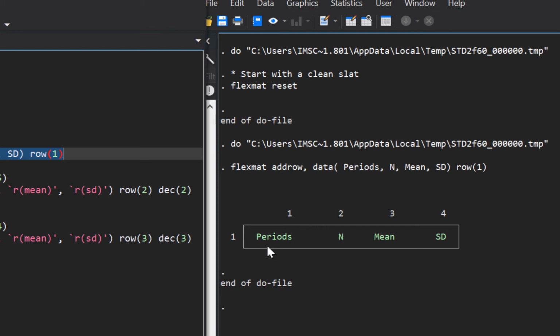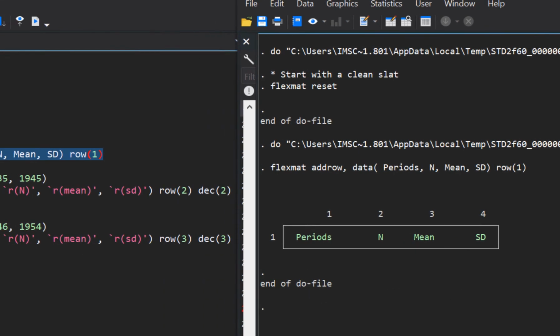One good feature of FlexMate is that whatever you type, it immediately shows the result on the screen, so that you know how the table prepared so far looks. So far we have one row, so we see 1 on the left of this specific matrix, and then we have 4 columns. Each column is denoted by 1, 2, 3, 4. These numberings are useful in knowing which cell or which column or which row we want to target for developing the table.